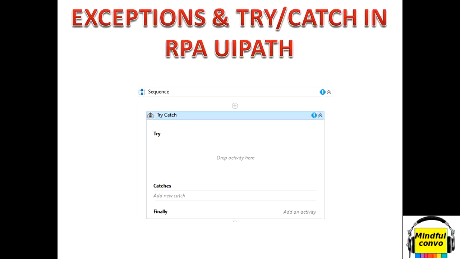Generally, exceptions are contained in the try-catch block. If we want the program not to halt, then we can put these activities in the try-catch block.